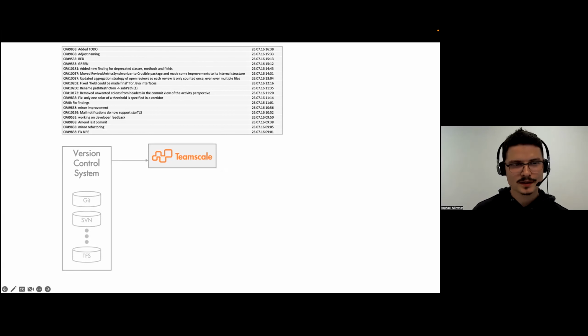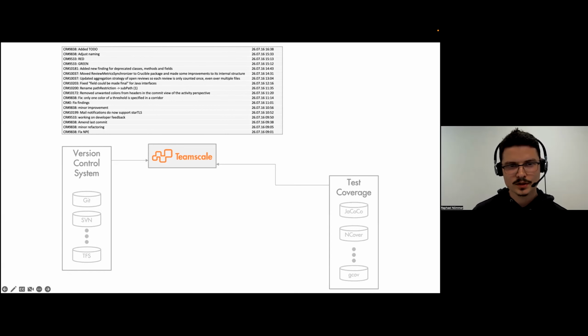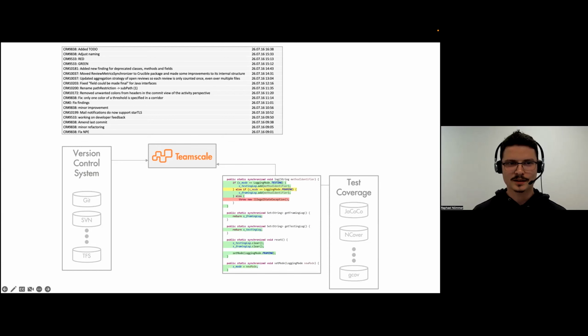And the second type of data is the test coverage. Here, as Fabian already mentioned, we use coverage profilers. Those attach to the application that we want to analyze and instrument it. Instrumenting in this case means you can imagine that they add some additional lines, and these basically just say I've come past this point. And from this, we then get a report that can look something like this when it's